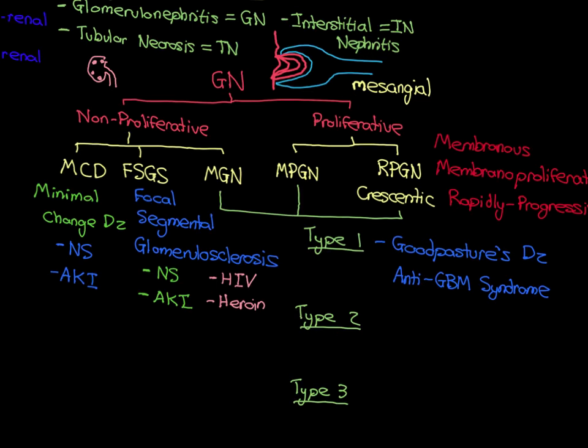So Goodpasture's disease is one of these diseases, and there are two major diseases, the other one of which we're going to see later on when we discuss type 3. It's one of these diseases that hits the kidneys and hits the lungs. So that's Goodpasture's disease. It can present with a multitude of different things. It can present with an acute kidney injury because the